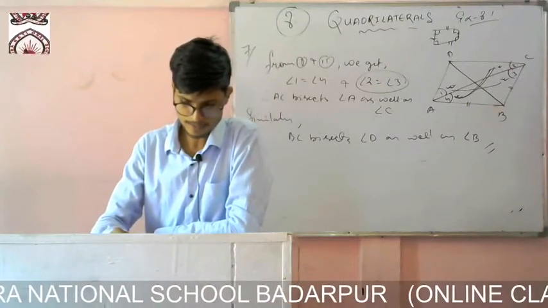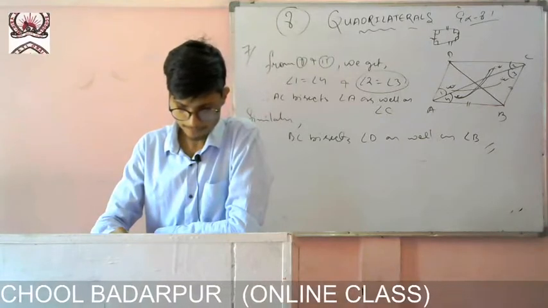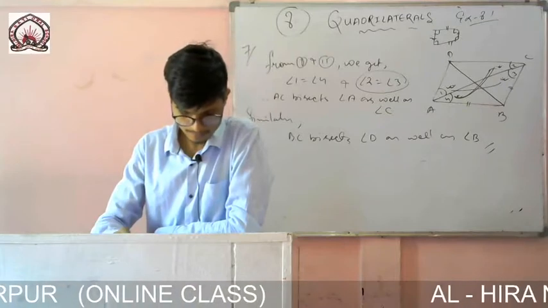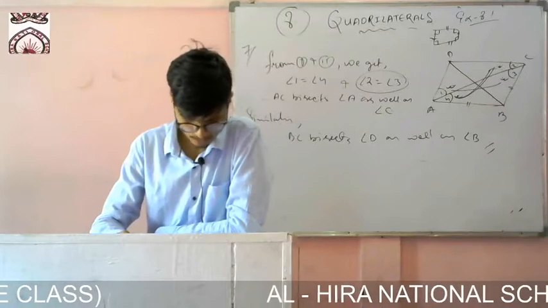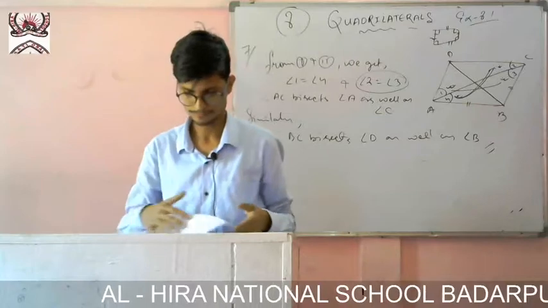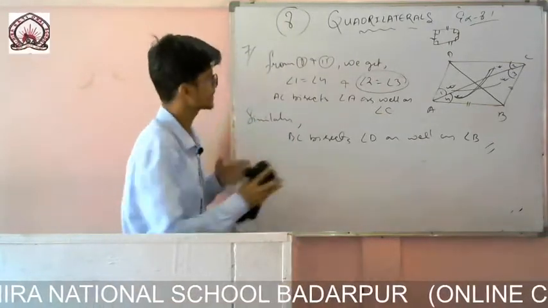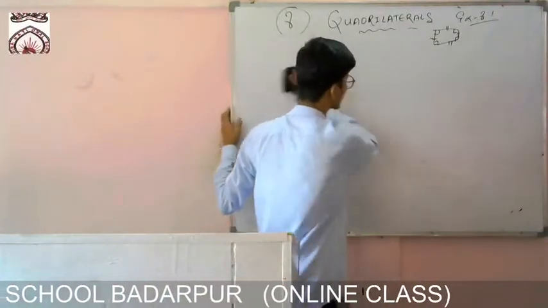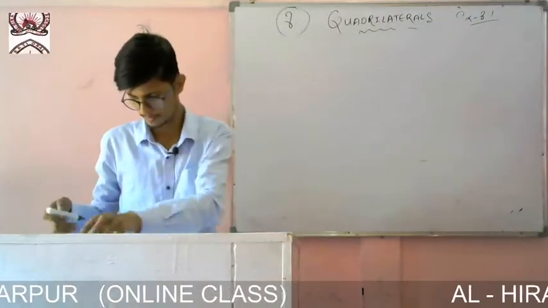In a parallelogram ABCD, 2 points P and Q are taken on diagonal BD such that DP is equals to BQ. Show that these two triangles are similar, then AP is equals to CQ. Again these two triangles similar, then again two sides equal, then ABCD is a parallelogram. Okay, you see, let us do this one. This one also easy, but since the figure is a little confusing, so you may get confused, so I am solving this one. Okay,